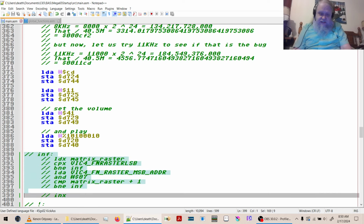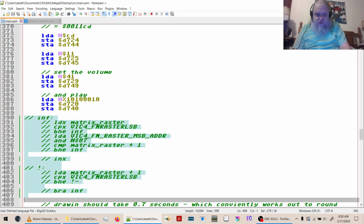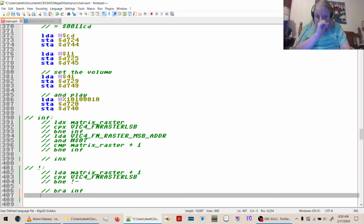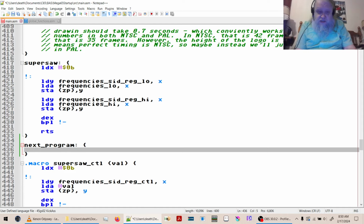I think I'm going to delete this since I have it in version control. Oh no, that's where I need to. All right, so then this needs to